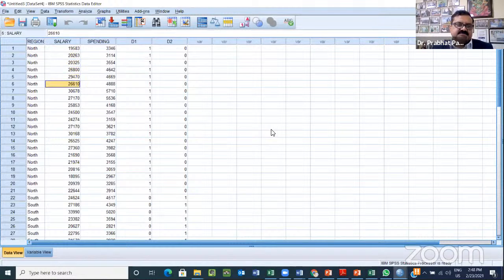Is that clear? I also made one more point, so I'm reiterating it. It's a very critical point. If you are creating number of dummies minus 1, meaning 3 categories and 2 dummies, then your equation remains unchanged: Y is equal to beta 0 plus beta 1 X or dummies whatsoever. But if you are creating 3 out of 3 dummies, then your equation will not have the intercept. You have to remove the intercept, so your equation will start straight away from beta 1.